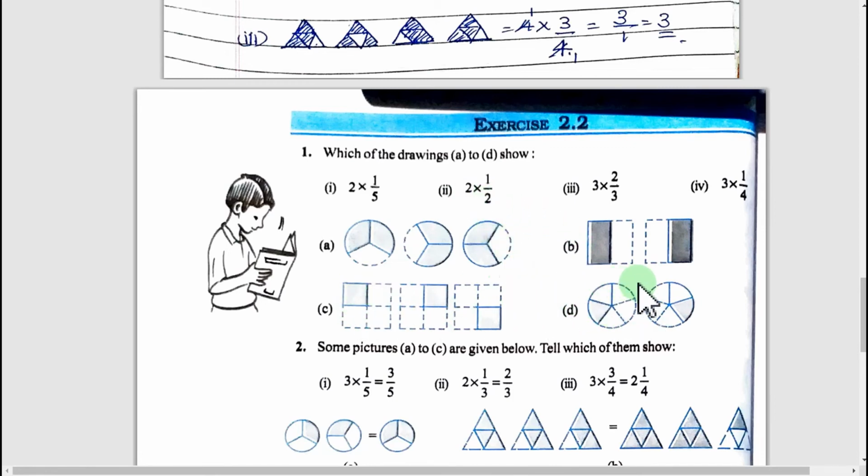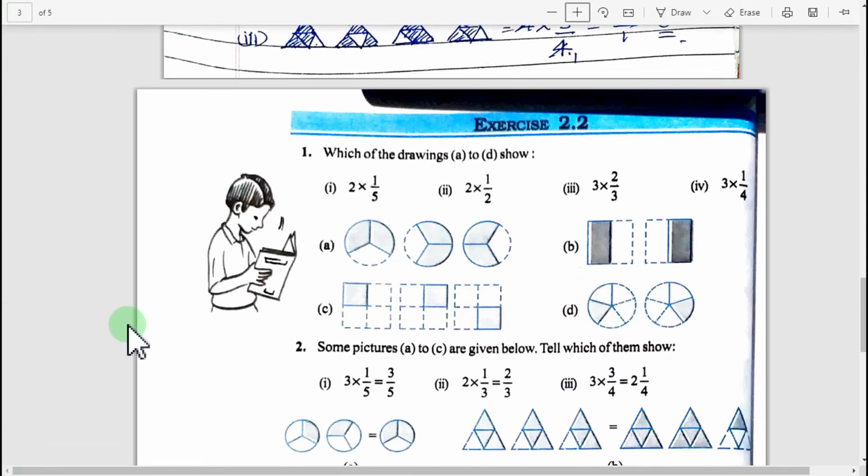And here also shading is not visible. I'll try to correct it when I send notes. In the PDF file, in that notes will be there. In that I'll correct. This I hope you will understand. Imagine that this part is shaded. I think here in these 2 parts are shaded. 3 circles are there and 2 parts are shaded. 2 by 3 is the answer. And in this also I think 1 part is shaded. 3 figures and 1 by 4. This is the answer. 1 part is shaded.